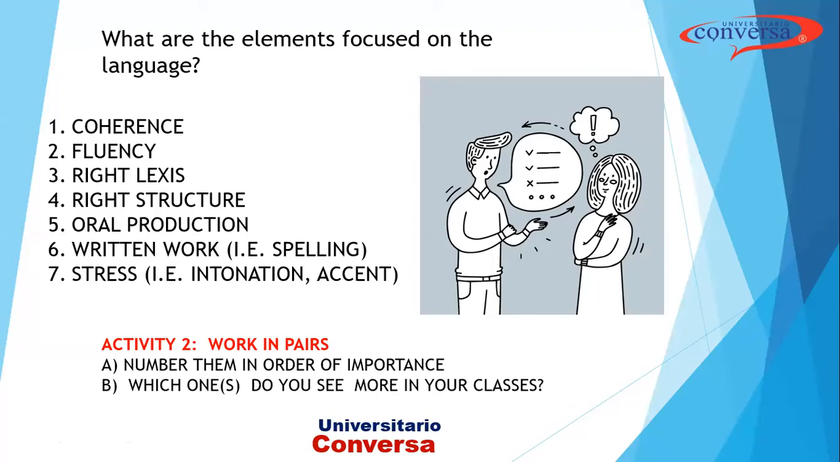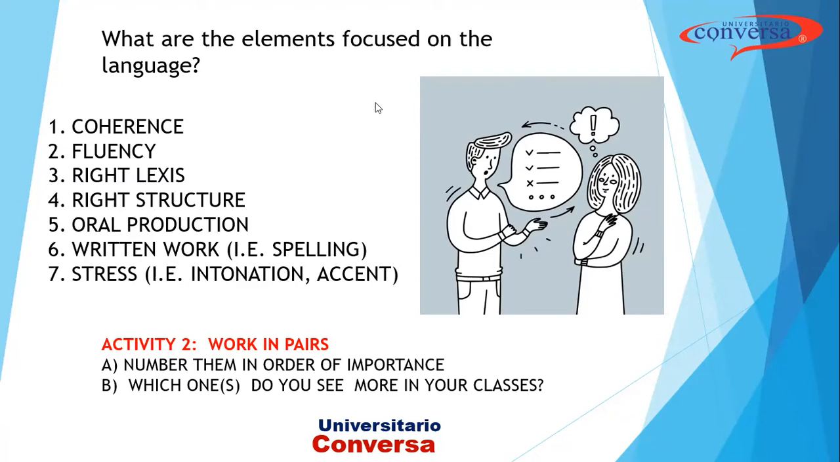In the first place, fluency. Second place, coherence. The next one, right lexis. Next one, oral production. Next one, written work. And the final one, stress. Okay, thank you, Jose. Finally, the teacher Laura wants to participate. If you would like to share your